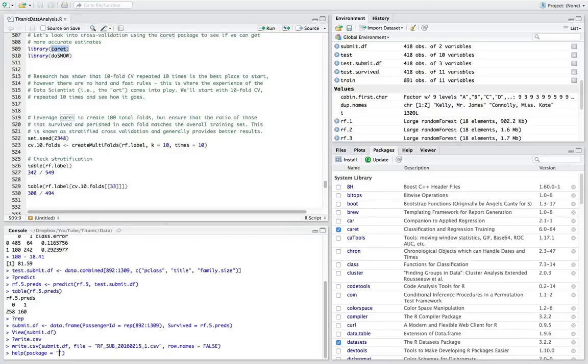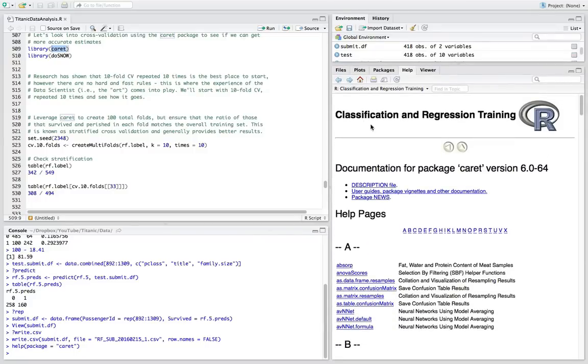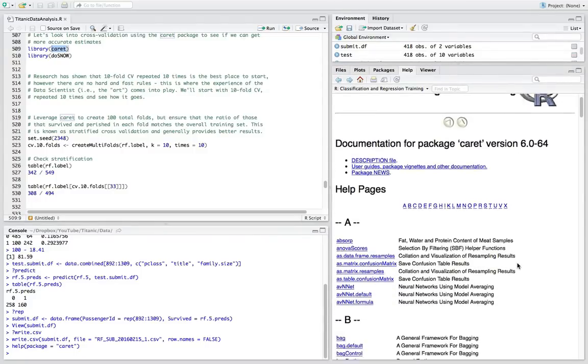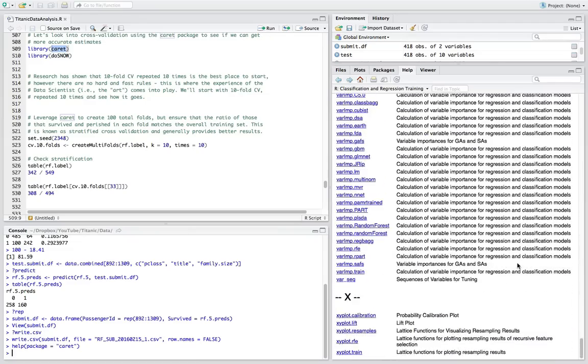So using this syntax here, you can actually gain help at the package level. So we can type help, package equals caret, in quotes, and it pulls up the main help for the caret package in general, which stands for classification and regression training. So as you can see here, there are lots and lots of functions, lots and lots of goodness in the